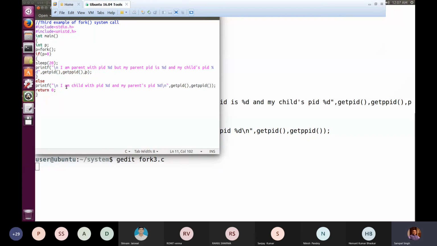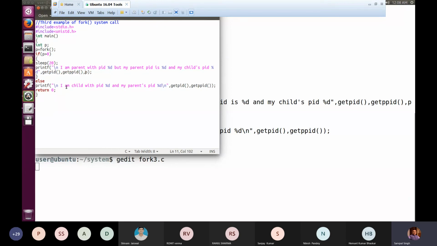But you can understand that this sleep 20, with which we are making sure that child should execute first, is not a proper way of causing the parent to wait for child. But since we have not studied anything else so far, I just explained to you that with the use of sleep, at least we can put the parent into sleep mode just to make sure that it is not executing anything when it is getting the currently the availability or access of CPU.